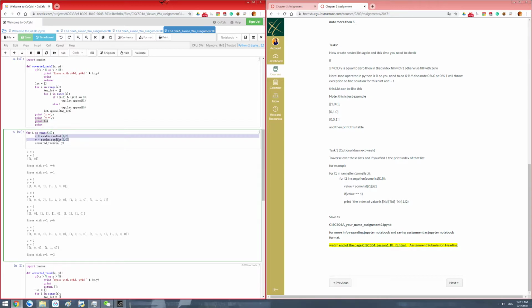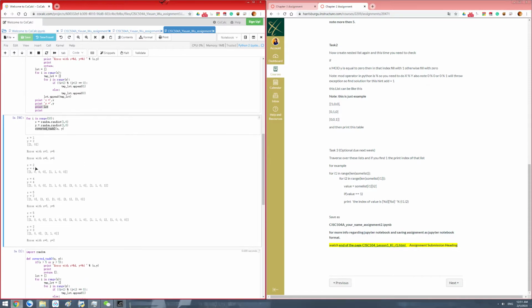For each time we'll generate random x between 1 and 6, random y between 1 and 6, and we'll call the convert task 2 function and give x and y. So if x or y is larger than 5, we'll give an error message and return no list. And if it's not, so 2 and 4, we have two lists, which for each inside